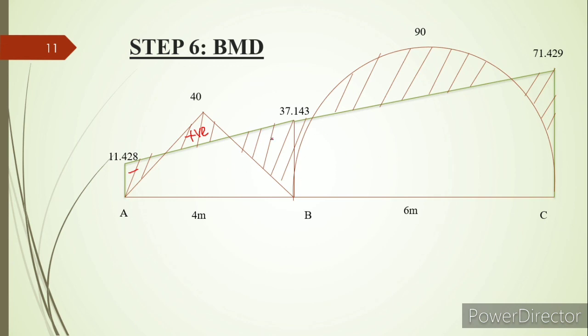And here also this portion has only negative bending moment, so mark it as negative. And here also there is only positive bending moment, that is due to the external load. Here also negative moment. Similarly in this blank portion also there will be positive moment and negative moment, thus it gets balanced. So this will be the bending moment diagram of this problem. Then mark all the positive and negative signs. Okay, thank you.